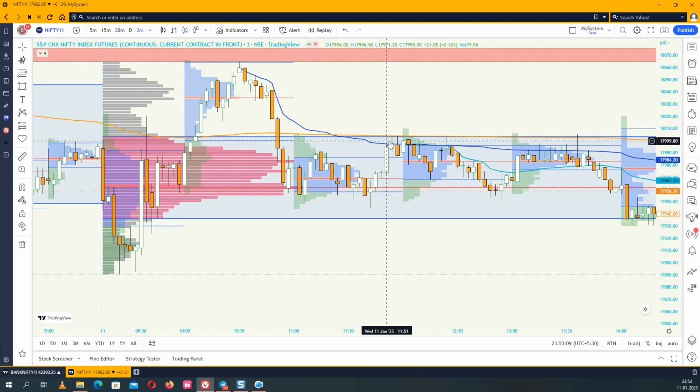When the market reached that value area high, I saw a rejection, right? It tried to go above that value area high and was rejected. When I saw that rejection, I simply took another short trade from here for the target of value area low, and my SL was somewhere at 18,010,